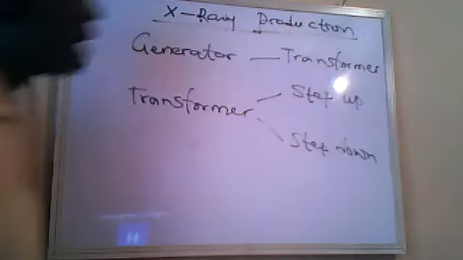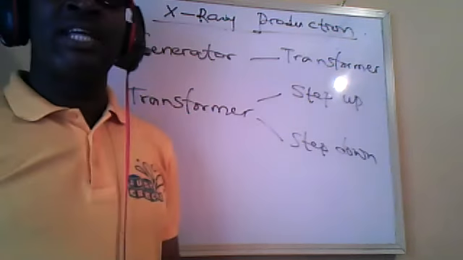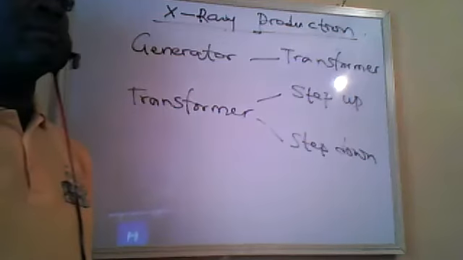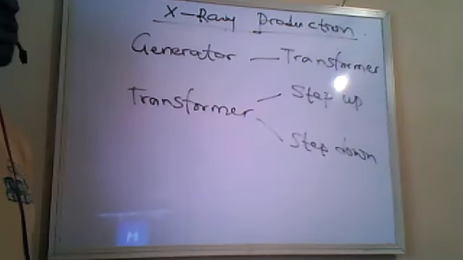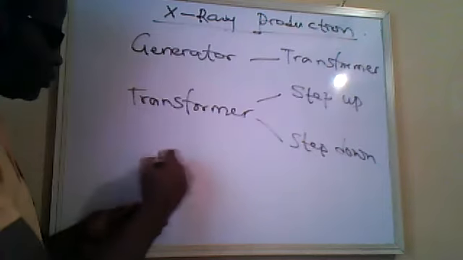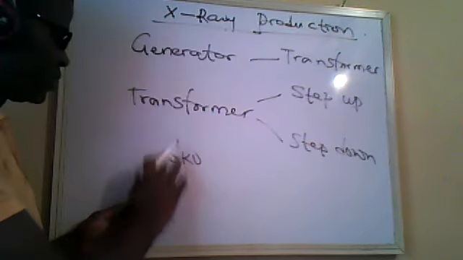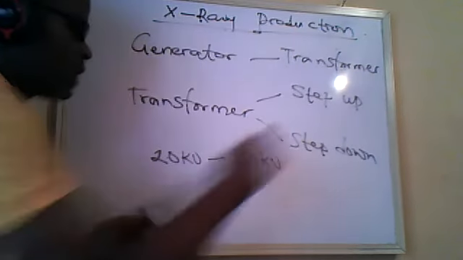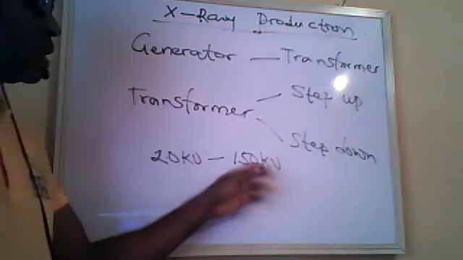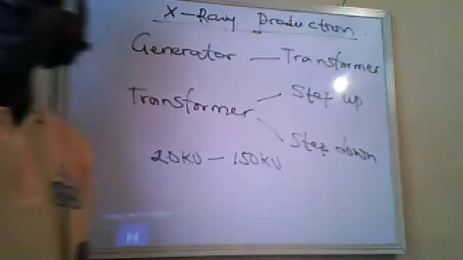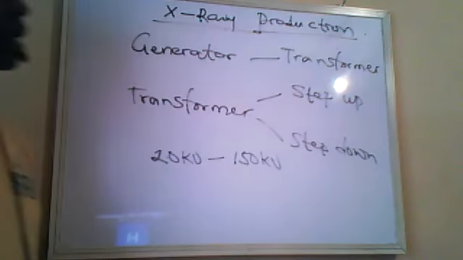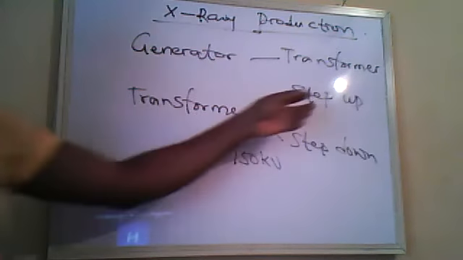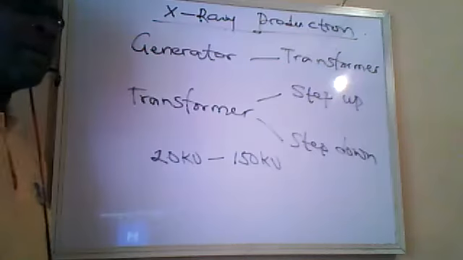step-up transformer, because for you to drive the electrons from the cathode to the anode, it requires around 20 kV to around 150 kV. That is why this is the maximum you see in almost all X-ray tubes, 150 kV. So you need a step-up transformer to step up the voltage of